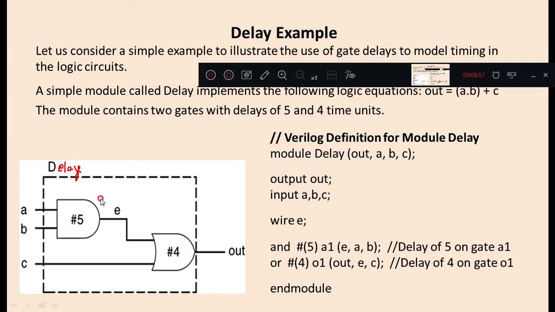Consider that this particular box we have written with the name delay. So the module name we have selected is delay. It has one output and 3 inputs A, B, C. So that we have defined, and one intermediate signal, which we have defined as wire E.